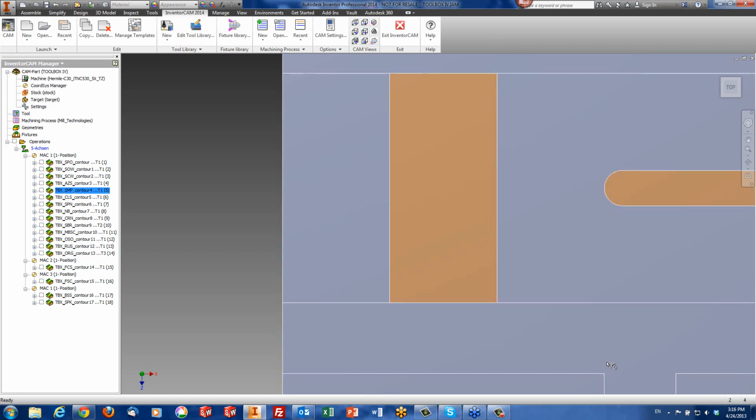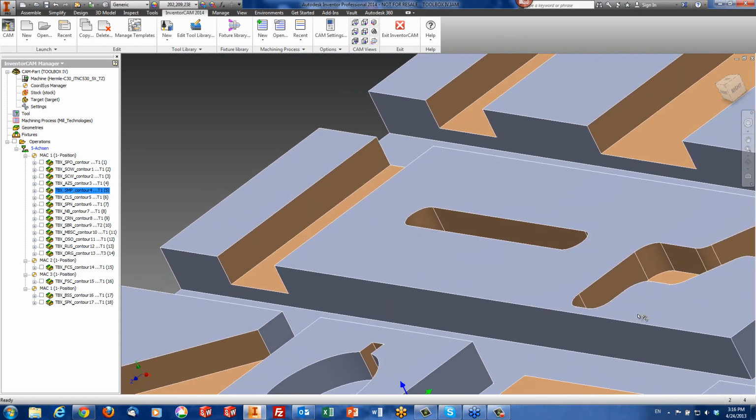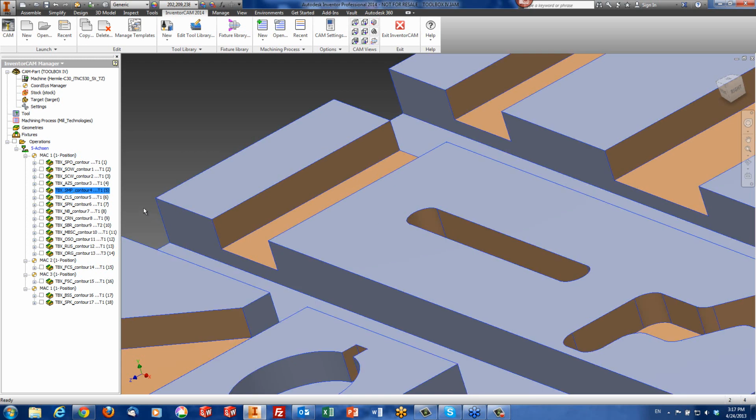Now, our next operation actually looks very, very simple, and it's actually just a simple slot over here. In this particular case, the person would want to work where the tool is the exact diameter of the slot itself. So all he has to do is go down the center, go across, and as he's going across, it'll actually go down in Z as well, and go back and forth in a zigzag motion until it gets to the bottom. Now, if we take a look at the operation itself,